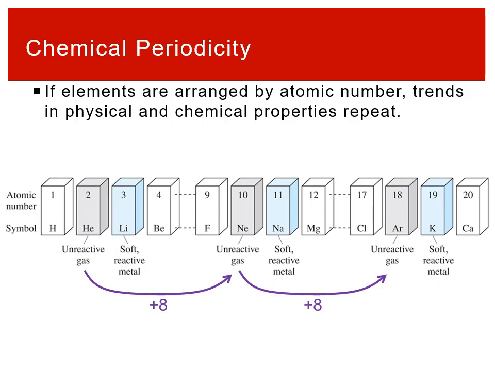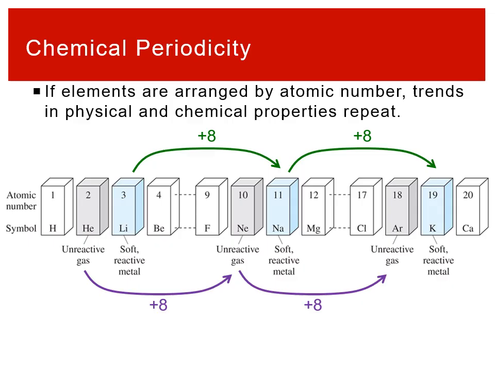We can see first off that at 2 is helium, an unreactive gas, 10 is neon, an unreactive gas, and 18 is argon, an unreactive gas. So we can see that all of those are shifted by 8. Similarly, 3, 11, and 19 are all soft reactive metals. And so we can see there are properties that are repeating themselves, and they repeat themselves over what's called a